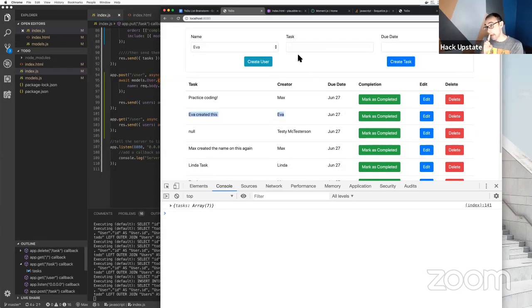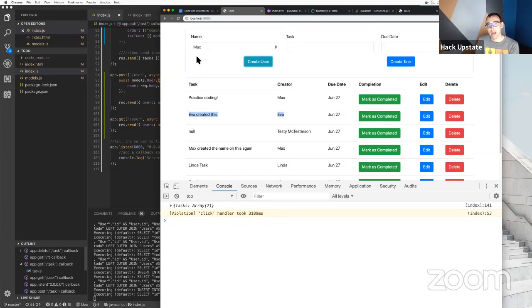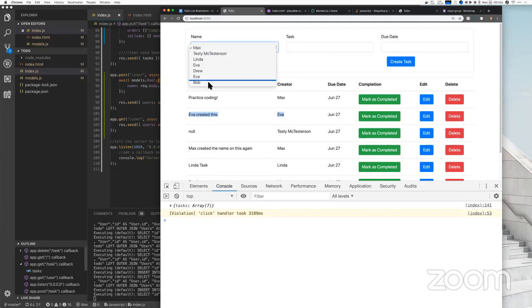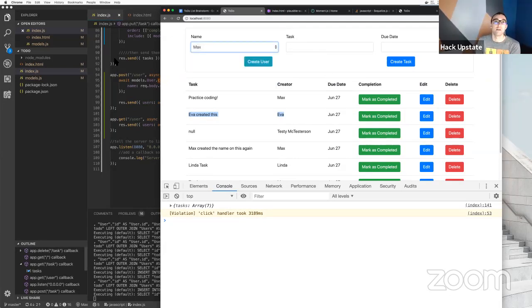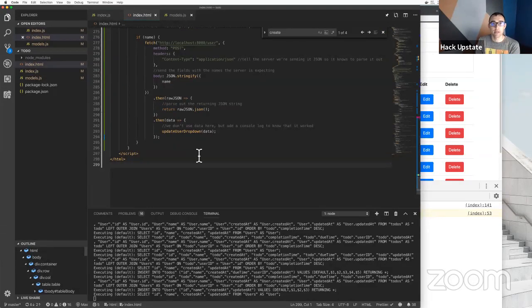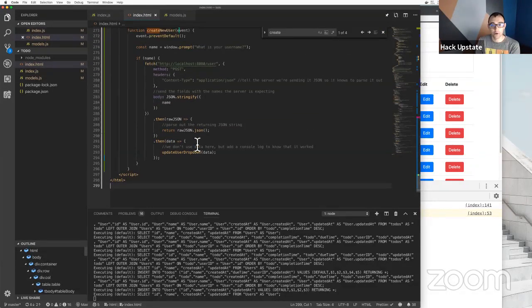Right. What I bet happened, and this is a great question, is I'm going to create a new user called Bob, and I'm going to hit OK. And look at what happened. Name went back to Max. Right. Well, name shouldn't go back to Max. Name should go to Bob. So what we're going to do is we're going to look at our